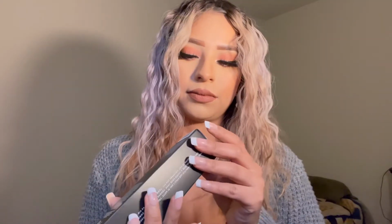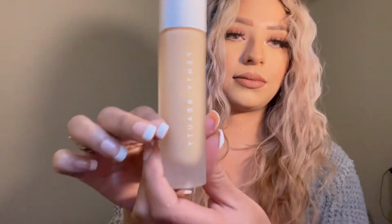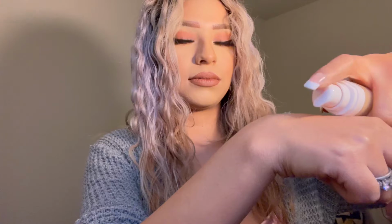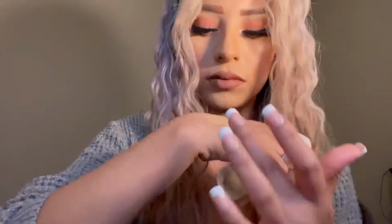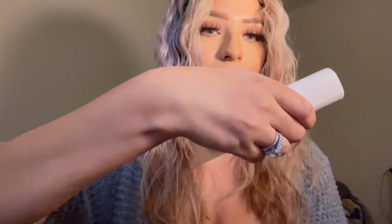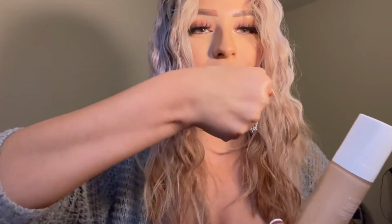So the first item that I chose for my Boxyluxe was this Fenty Beauty foundation. And the price for this item is $36. I got it in the shade 250. So I just hope it matches. I know it gets darker after a while, so I just hope it matches me. It's been a while that I've been wanting to try this foundation, but I'm really happy that it came out